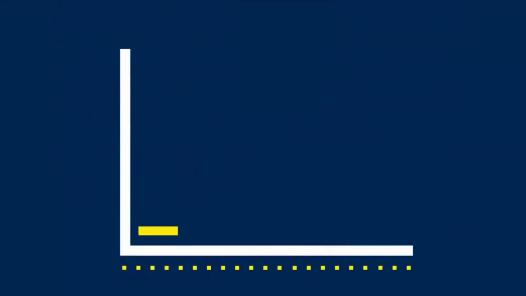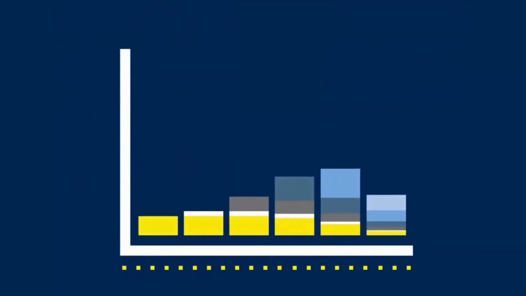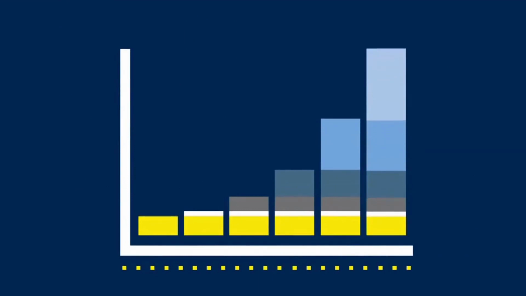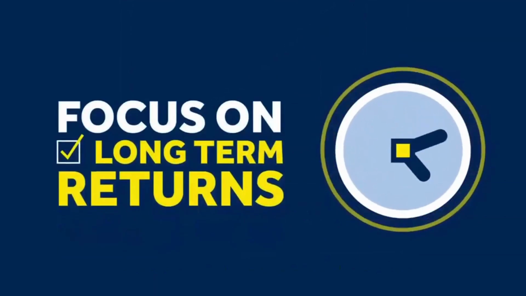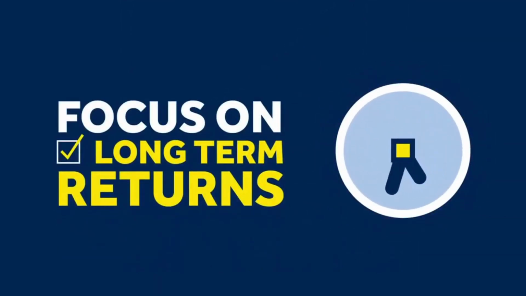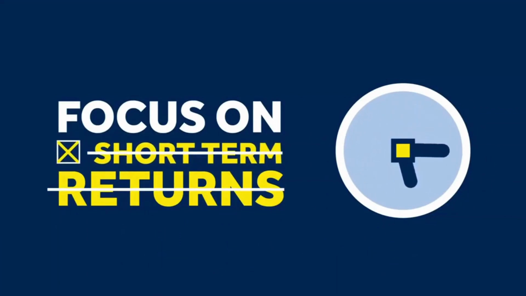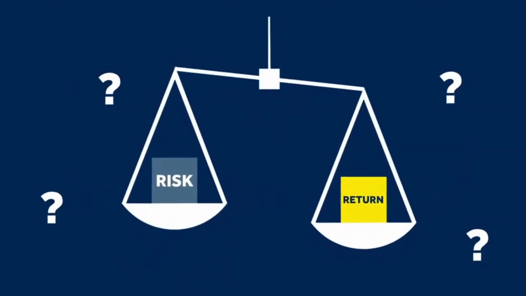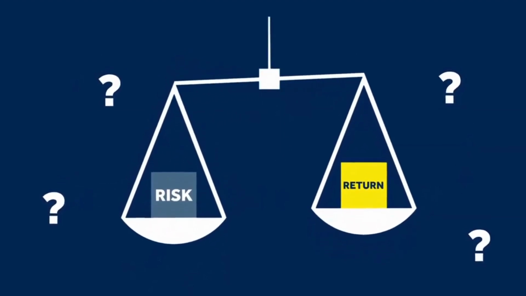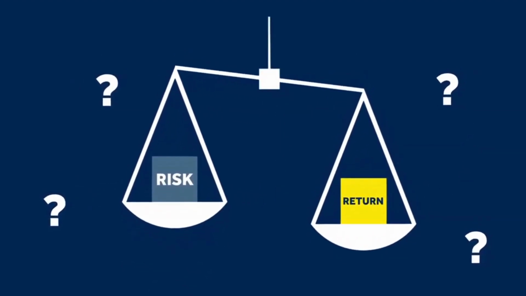Over time, this compounding effect can significantly increase the value of the investment. Even small differences in your yearly return, when compounded, could make a very large difference to your end balance over long periods. When investing for the long term, it's important to then focus on long-term returns and not short-term ups and downs, which will happen from time to time. It's a trade-off. How much risk are you comfortable with versus how high of a return would you like to achieve?